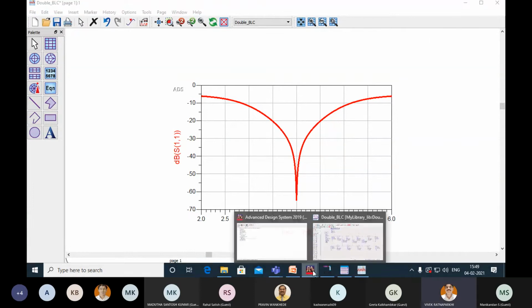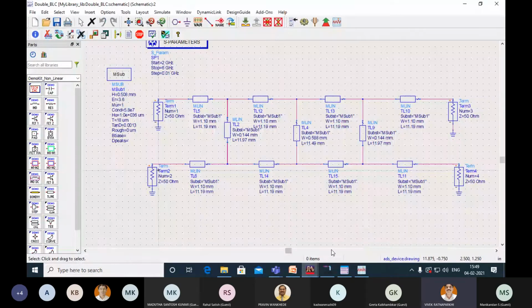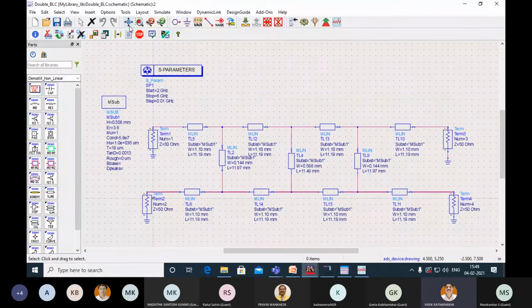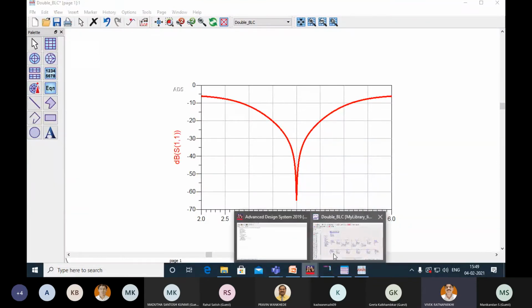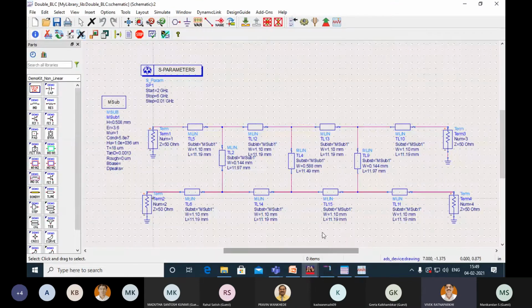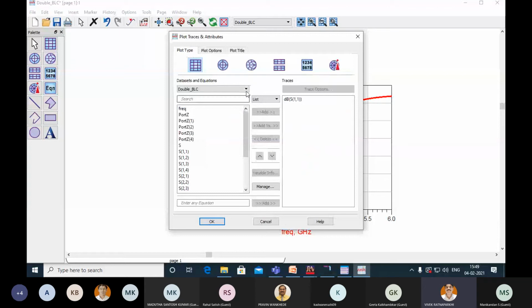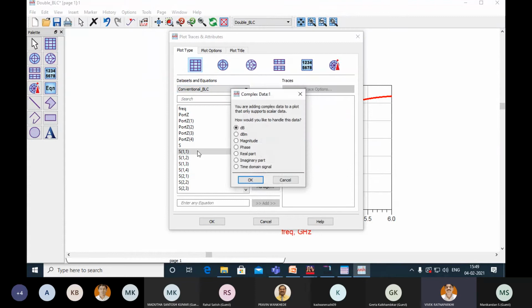Just a minute, whether I have kept it open. This is the response of my double box because I am here in the double box coupler. Now I will go to the name which I have given, conventional, and I will plot S11.